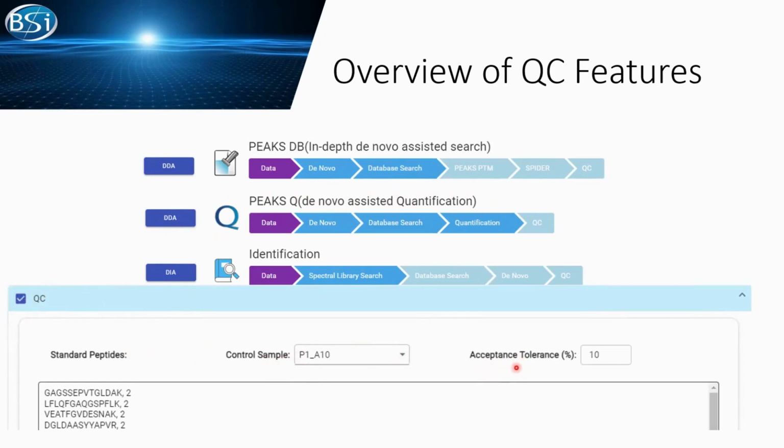You can set up your own accepted tolerance, plus minus 10. We'll set up here. Also, if you have any standard peptide that you would like to monitor in your QC process, you can also put in here. So here is the setup, and I would like to take you through the QC feature in Pix Online,